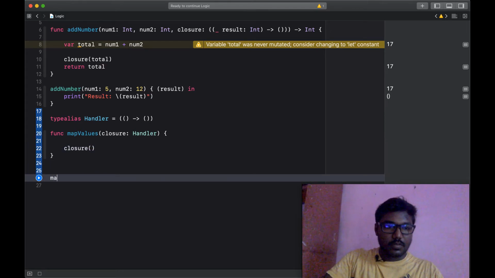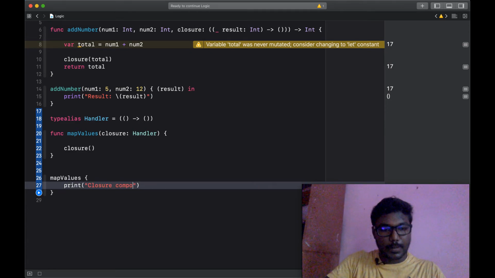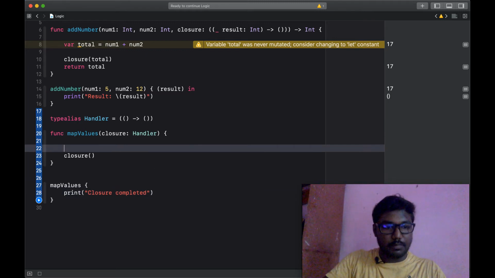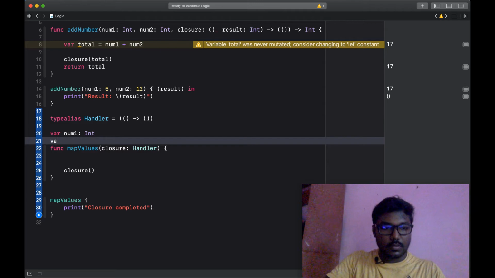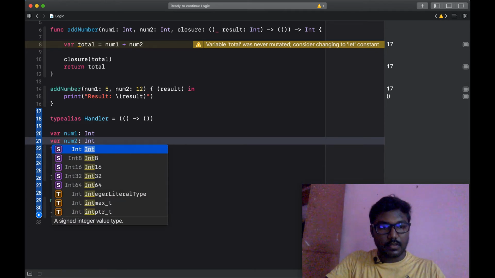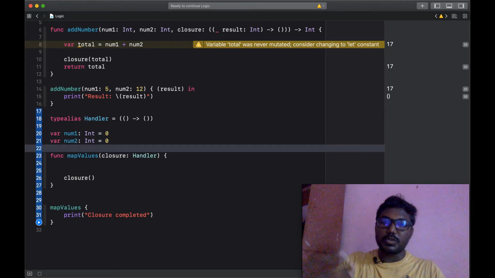Likewise, when we need to do something, we can set the closure completer, as well as map some values like variable number 1 as an int and number 2 as an int. I am setting the default values from here, outside of the function.